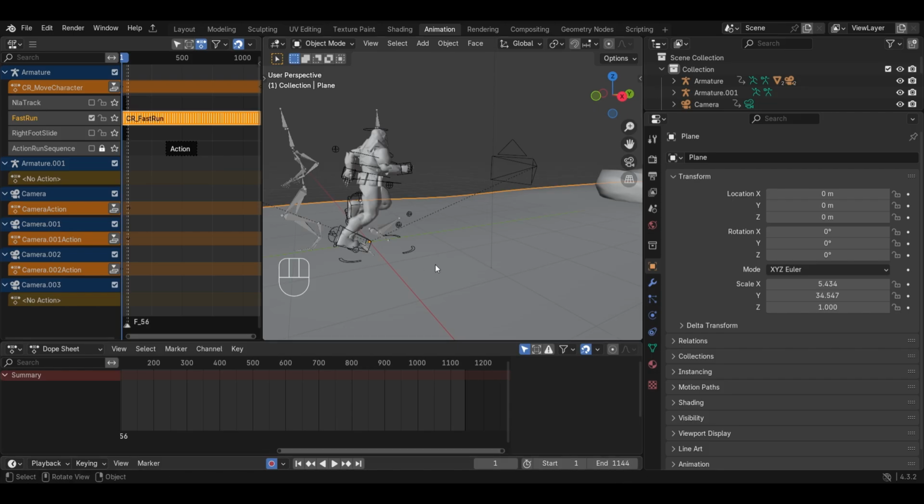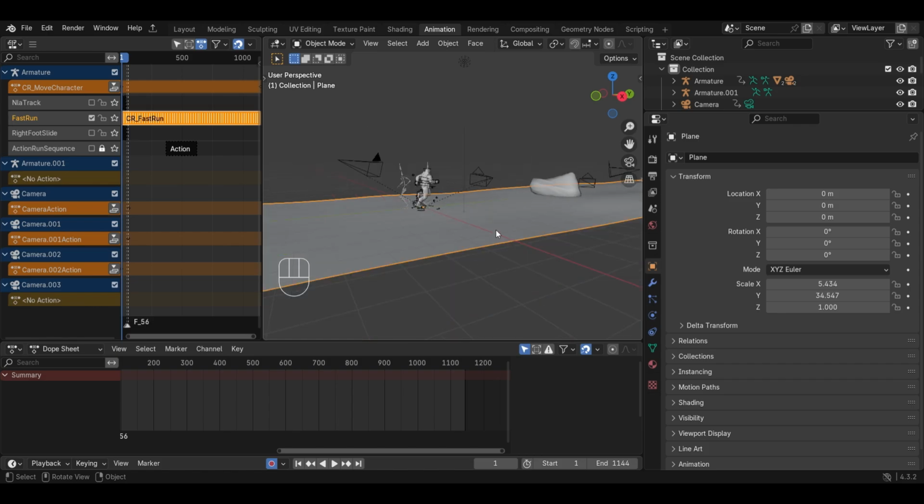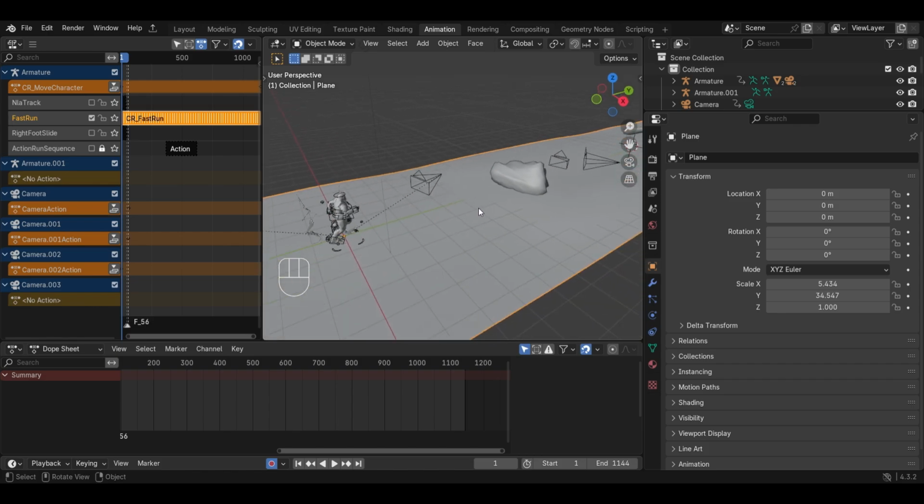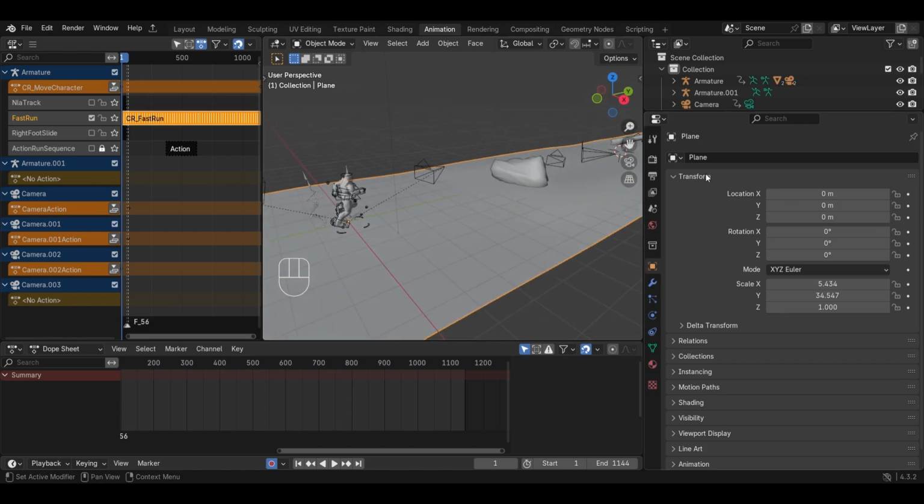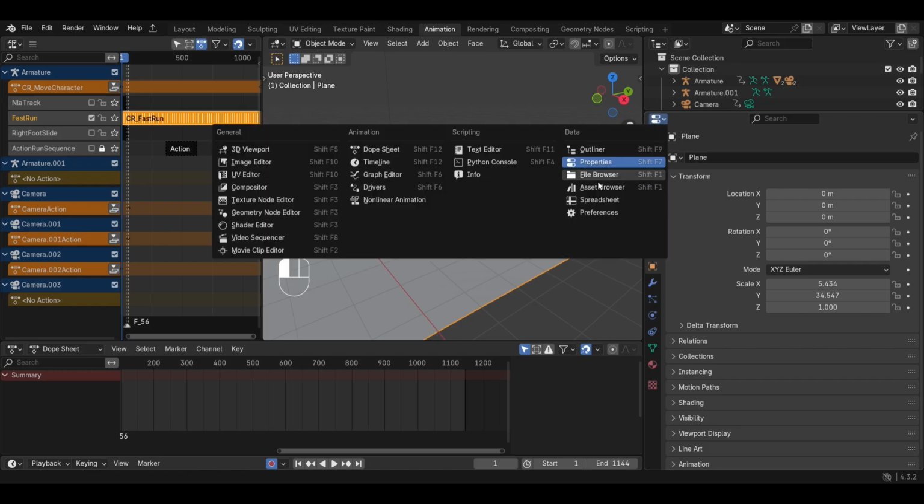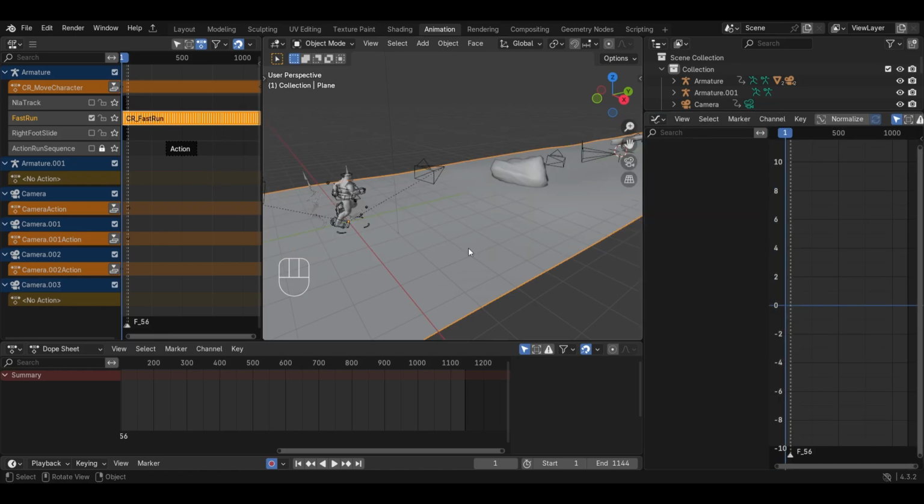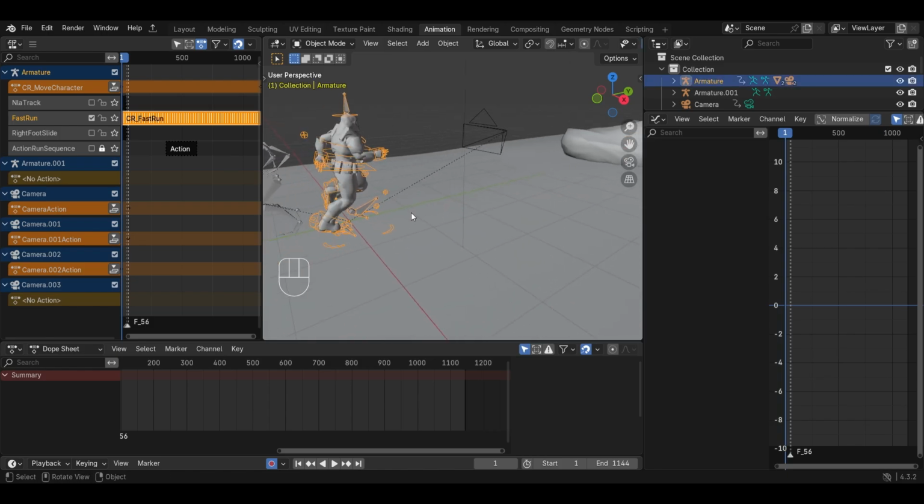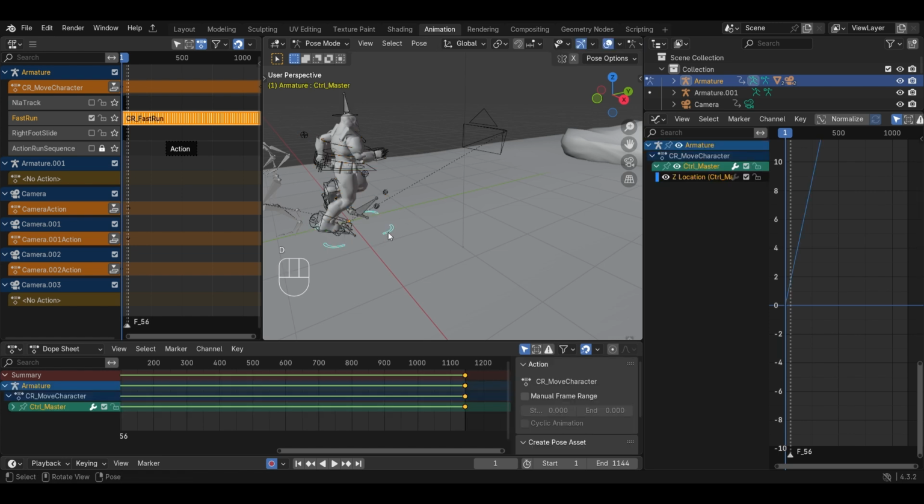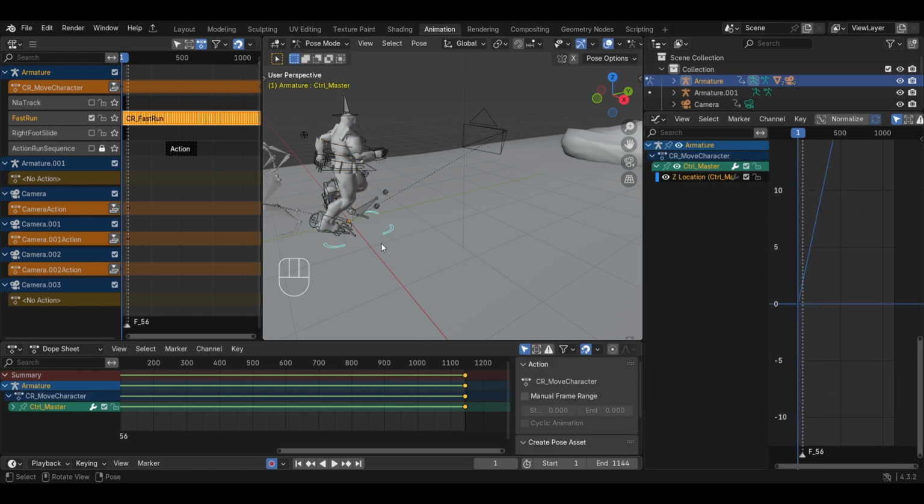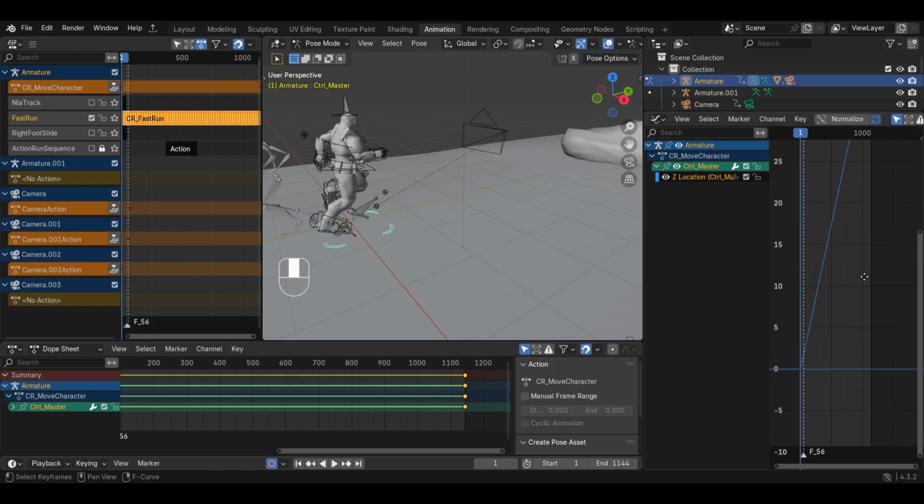1144, that's about 47 seconds long. Okay, so now when I play this animation, I want to turn here into my graph editor. I like to see it over there. So I'll go select the Mixamo rig and go into pose mode. Okay, so when I select the root master, that's the control master there, that's responsible for the